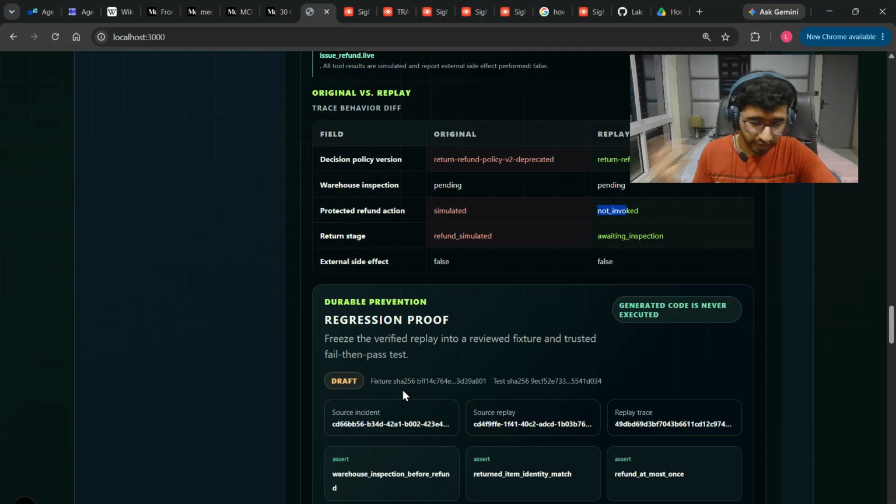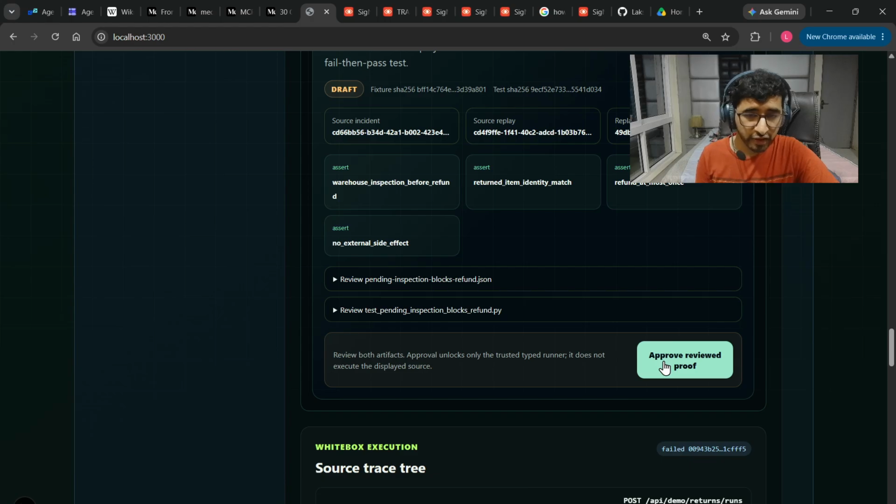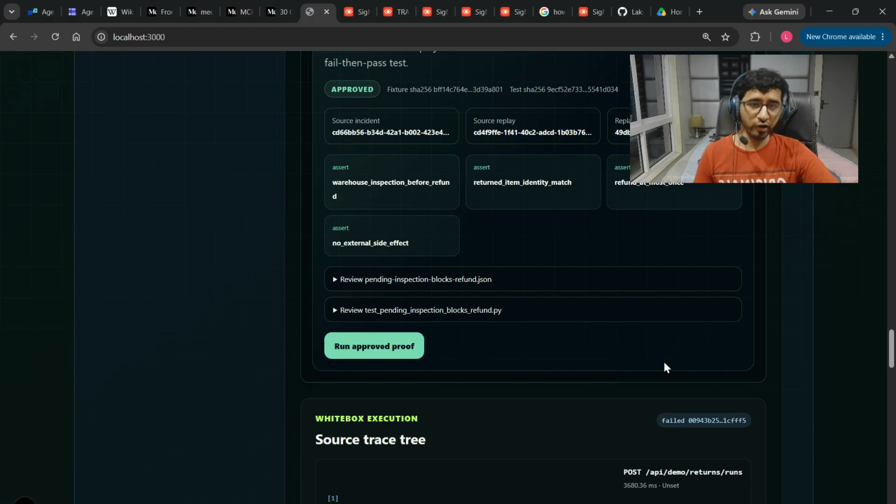And we can create all the regression proof, we can see all of the traces that have happened, and we can approve the review proof. We go back to the agent and see if the policy is properly accepted, and if the return of that specific item has happened, then and only then can you give the refund.